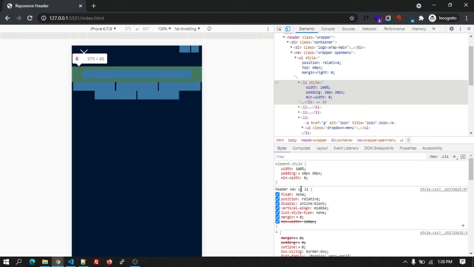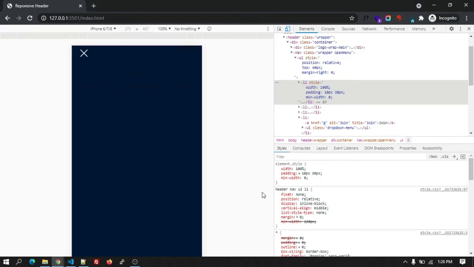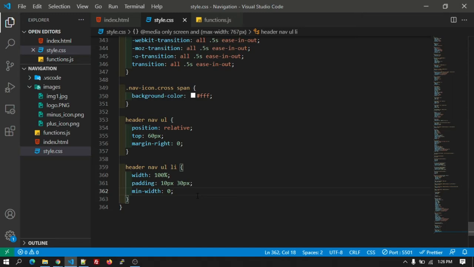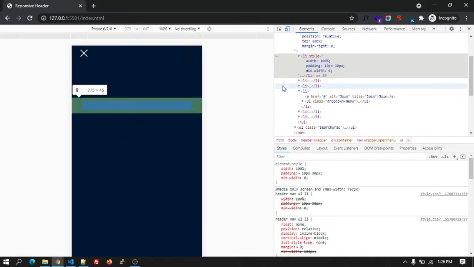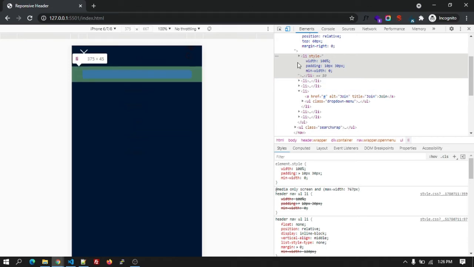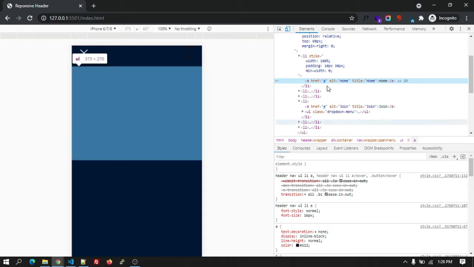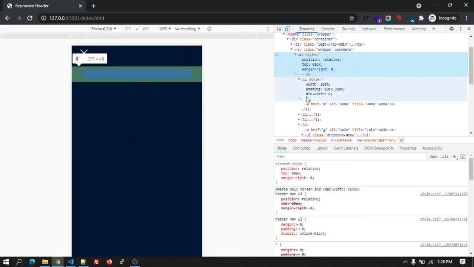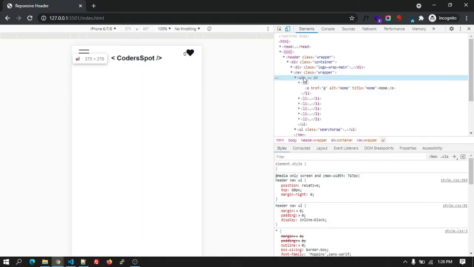Okay, let's copy the class first and let's copy the CSS. After that, let's add the CSS inside the UL, LI, and the anchor tag. So far we have added the CSS for the UL and the LI. Okay, so UL and LI.